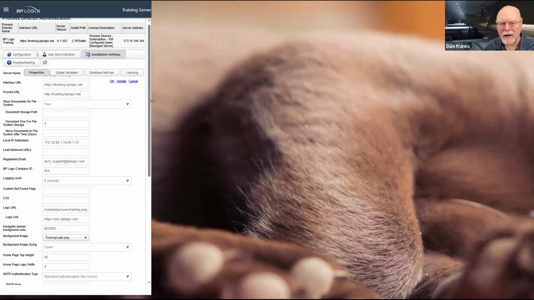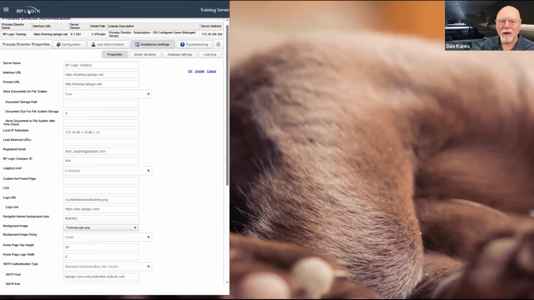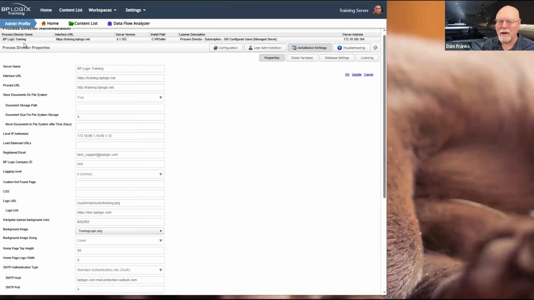That was a little oversight. I came across this yesterday. So I've put in a JIRA ticket for the engineering team to fix this so that in all cases, whether we're looking at it at mobile width here or whether we go back to desktop width, we always want to see the custom logo that we have displayed. Or alternatively, if I have a separate logo at the workspace level, I don't for any of these workspaces, but if I had a workspace that had a custom logo, we'd want to see that custom logo up here as well. So that's a little thing that we'll be fixing,